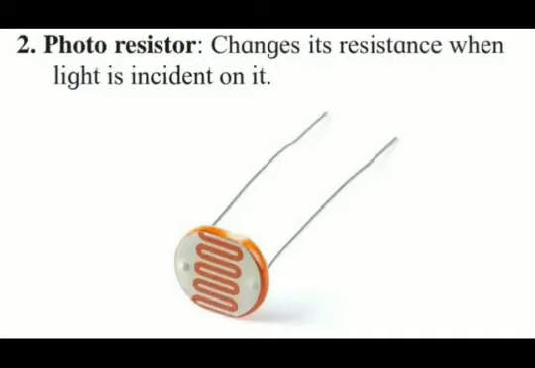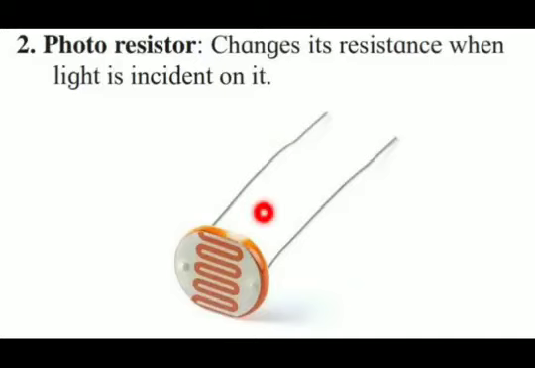Now what is the meaning of photo? Photo is nothing but light. Photo stands for light. So basically a photoresistor, also known as a light dependent resistor, that is LDR, or photoconductive cell. A photoresistor is a passive component that decreases resistance with respect to receiving light on the component's sensitive surface.